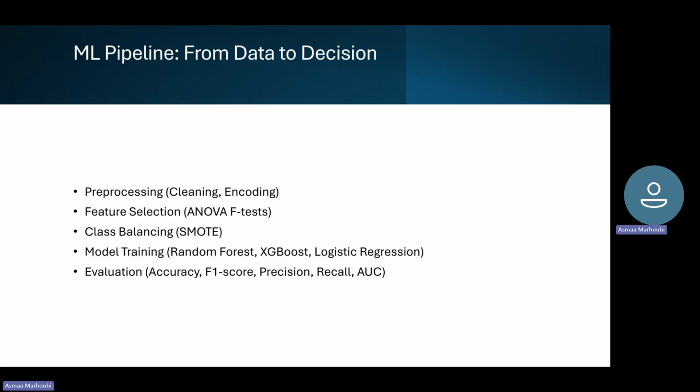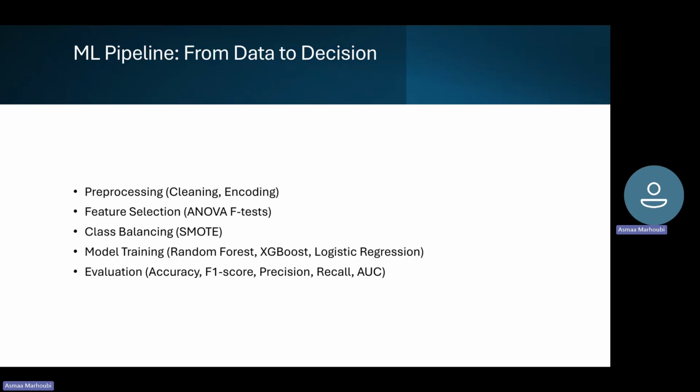Encoding: fault classes were encoded by the label encoder method. For feature selection, SelectKBest with ANOVA was used. The F-test was used to select the best 15 features available. In class balancing, the imbalance was addressed by the Synthetic Minority Oversampling Technique, SMOTE. For the train-test split, the data was split